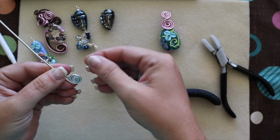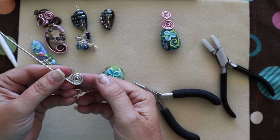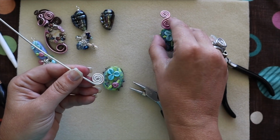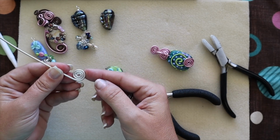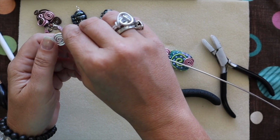Just roll it up until you get the size swirl. You will be able to either use this as part of the front decoration, or we will use it as what we call a cradle at the bottom to just secure the wrap, but you can use it either way. So you're going to get the swirl that you want, and you're going to come over and make a little